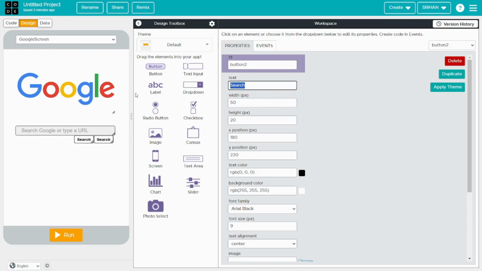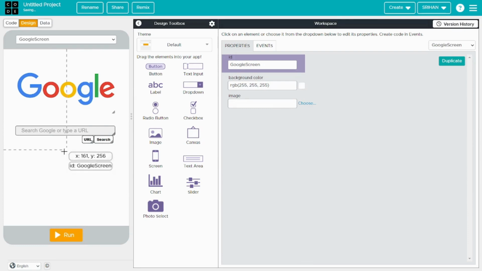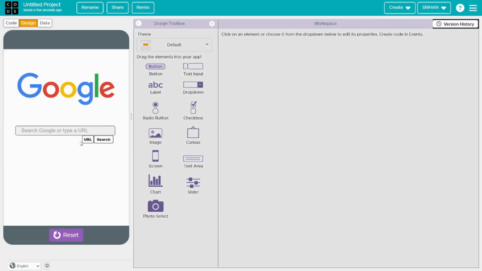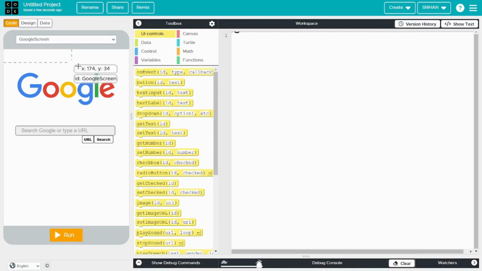Instead of the text being search, I'm going to do URL, and make this a little smaller for the placeholder. If you press run, we can see this all looks good, but it does nothing. See? Search, nothing. We need to code now. So what we're going to do is take an on event,